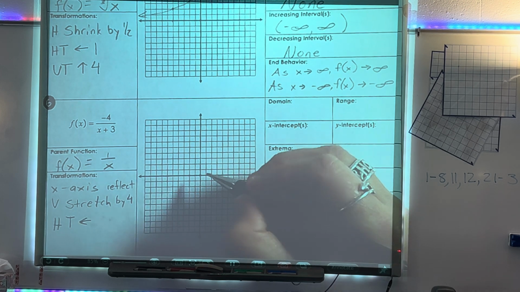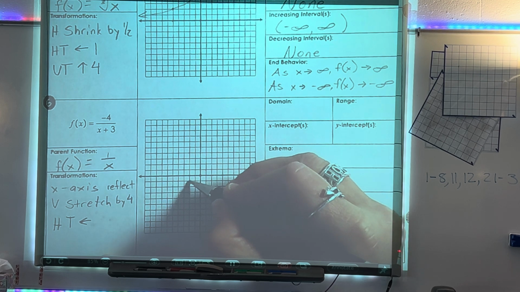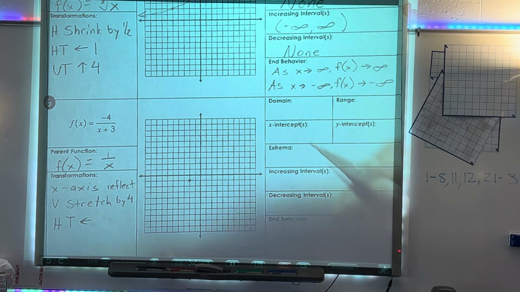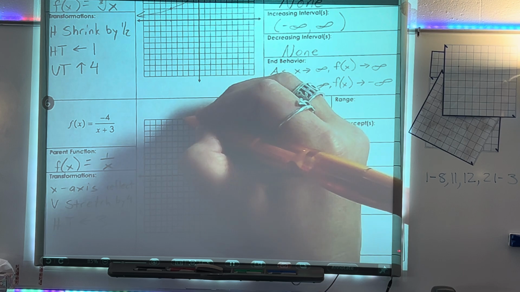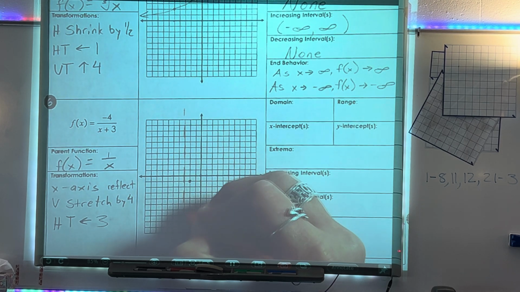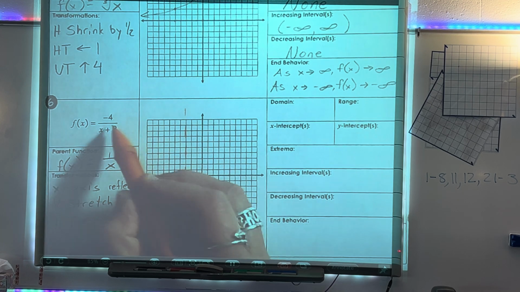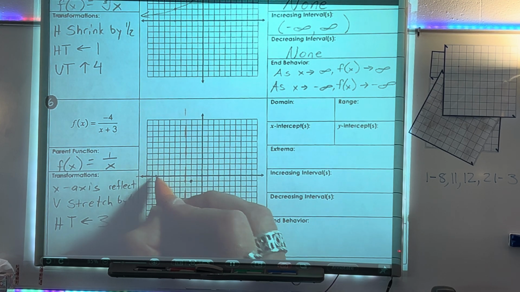And then the 3 is going to be a horizontal translation to the left 3. So normally I would have a point right here, if I reflected it would be here, and now it's going to go to the left 3, 1, 2, 3. So now I have a point right there. -3 is your asymptote. Which, vertical or horizontal? Vertical. Horizontal is 0. Oh, yeah. Yeah, that's what that number represents. This is going to give you your asymptote right here. Your y-intercept is